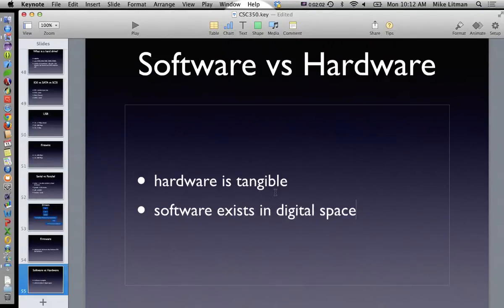Okay. What kind of problems does hardware and software solve? Are the problems different? Not necessarily. Depending on the problem, software will help you store stuff on a storage device.